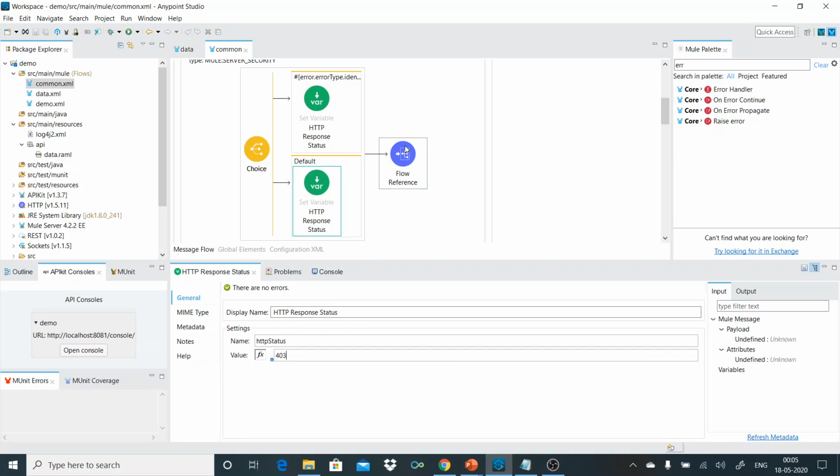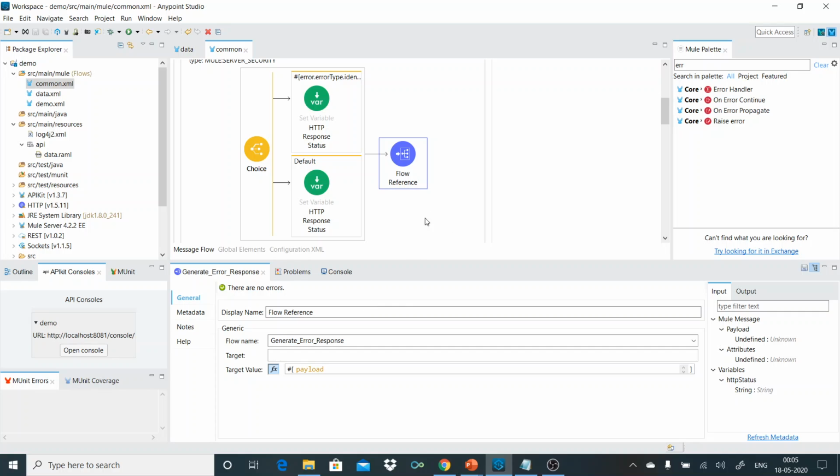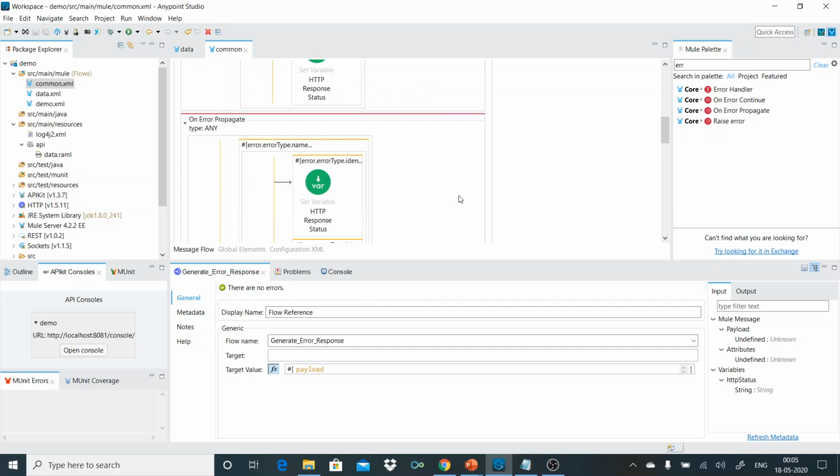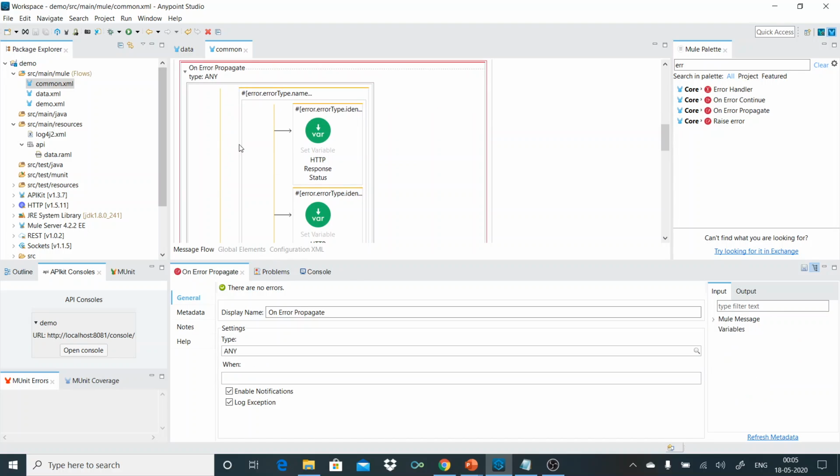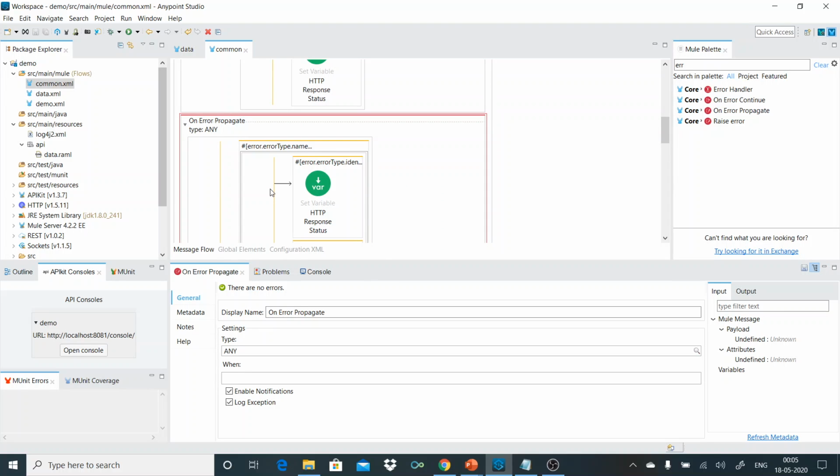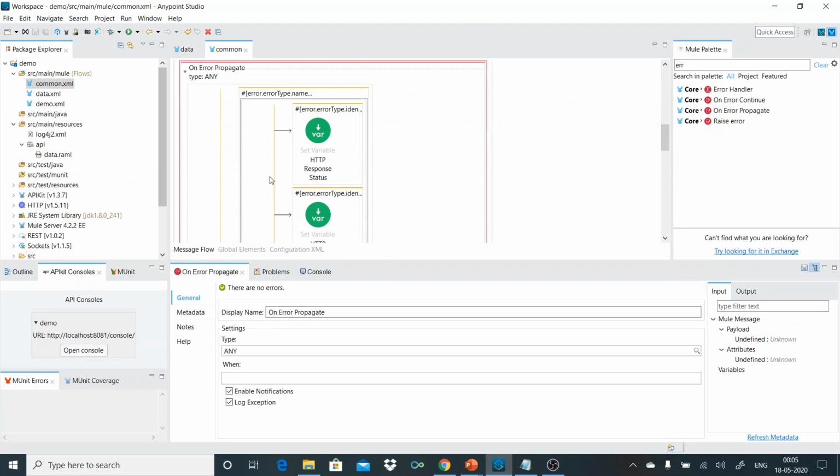Again I'll call the generate error response flow, which will generate a standard error response and log it.